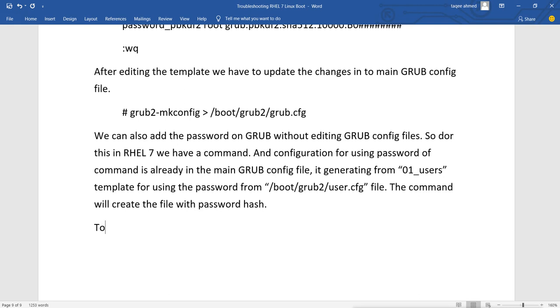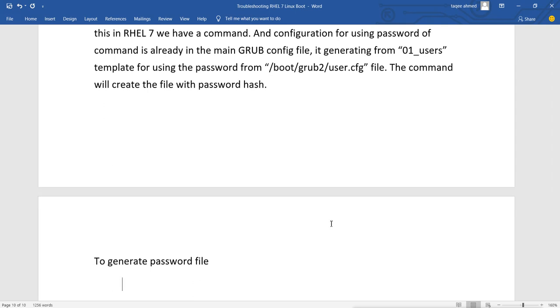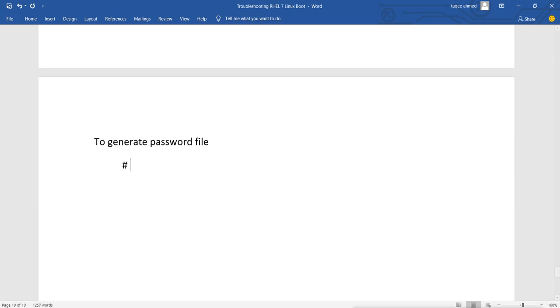So, to generate the password file, the command is grub2 set password, and after that you have to do what?